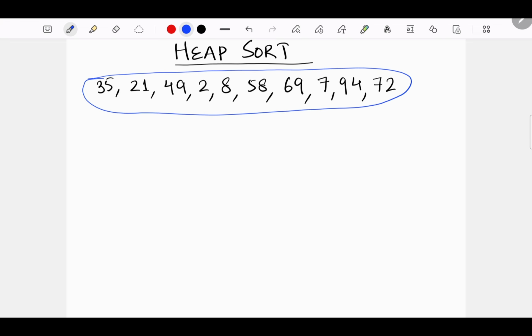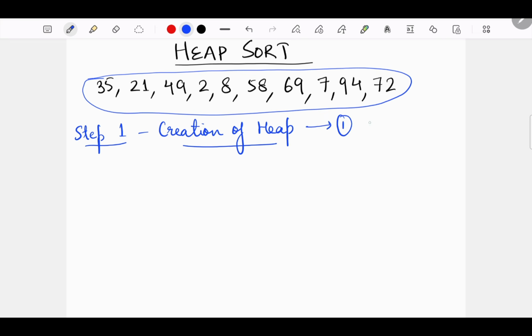Now what are the steps involved in heap sort? Step 1 is creation of heap. In creation of heap, either you can use the general method or we can use the heapify method. Can you guess which method must actually be used?